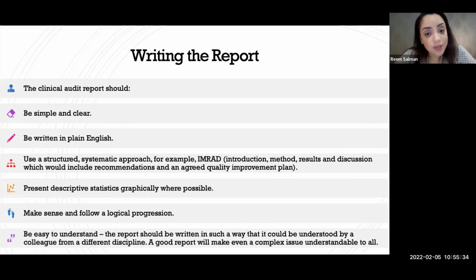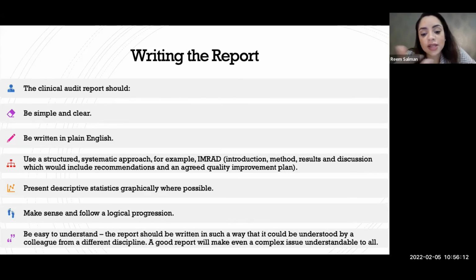And then you write your results. Okay, and writing the results is probably the most tricky part of doing an audit. And that's why I love to use Excel, because I can just use simple tables of the results that I came up with and simple bar and pie charts. And then you can basically do a discussion. And in this discussion, you can actually discuss where did the clinical practice fall short? Why did it fall short? What can be changed, okay? And what are the national and international consensus of the same problem? So you have to do a little bit of research online and a literature review, and this always makes your audit look really good, okay?